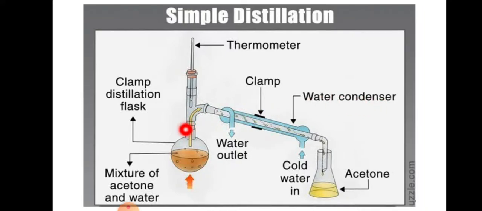This is the distillation of a mixture of acetone and water. Acetone and water are both colorless liquids, and we want to separate them. So how are we going to separate them? We are going to heat it. When we heat this, as acetone has a lower boiling point, it is converted first into vapors, and we are going to separate out these vapors and cool them down. So in another assembly we will observe that acetone is collected.